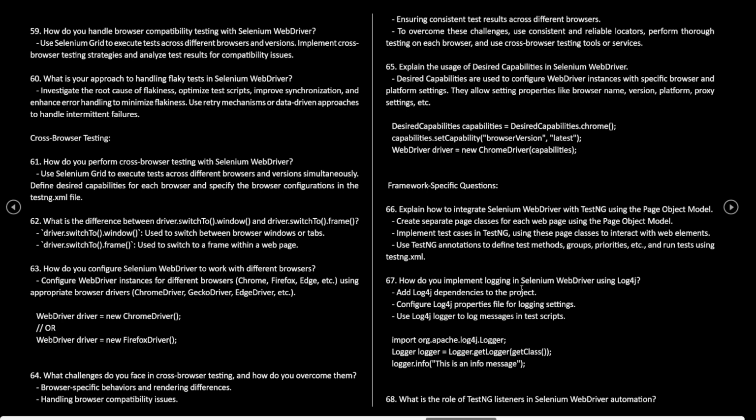How do you implement logging in Selenium WebDriver using log4j? Add log4j dependencies to the project. Configure log4j properties file for logging settings. Use log4j logger to log messages in test scripts. import org.apache.log4j.Logger; Logger logger = Logger.getLogger(class); logger.info("This is an info message");